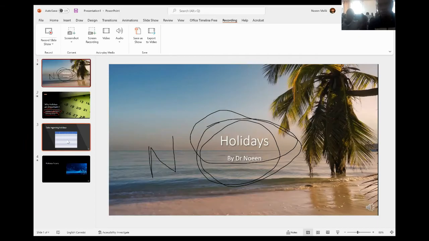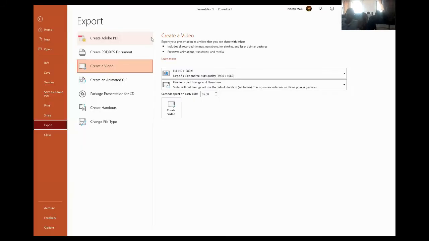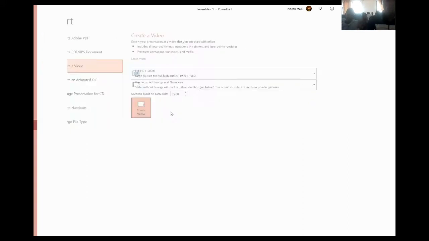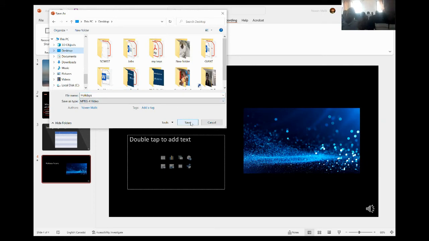And now this is all turned into the video, right? You can see there is a button here with a microphone, so it means video is on. The next thing we can do, you can see under the recording button, there is a button, export to video. Move your mouse above there and click once with the left button. It asks you to create video, then click once left again. Now it is going to create the video. I am going to save it on my desktop and then we can play it. I will say save.